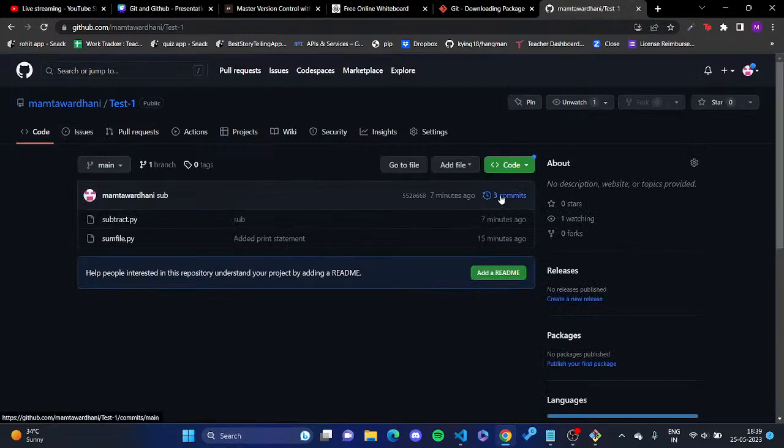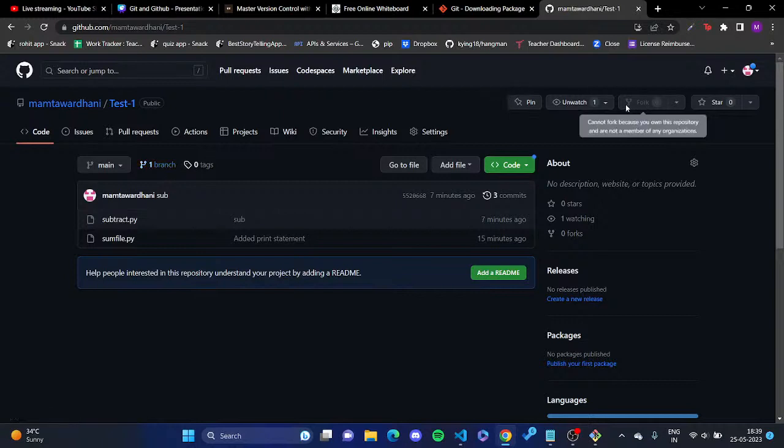So there are 3 commits done. When exactly was it finished, when exactly did you create them, who created them, all of these, how many branches are there. So you remember we had merged both the branches into one, so that is why currently we have one more branch. When I say collaborating of projects, currently I am on my GitHub, so this fork is